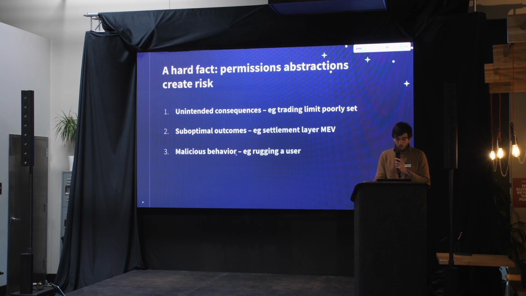And why does that matter? Well, there are maybe 3 layers to this. The first is unintended consequence. Let's say I give a permission to a system to trade on my behalf with certain limits. Maybe I forget to change those limits, maybe the market changes out from under me, and I end up making a very bad trade because the fundamentals have changed without my intending to do so. The permission system worked as intended, but maybe the permissions weren't expressive enough to get me to do what I actually meant to do. The second is suboptimal outcomes.